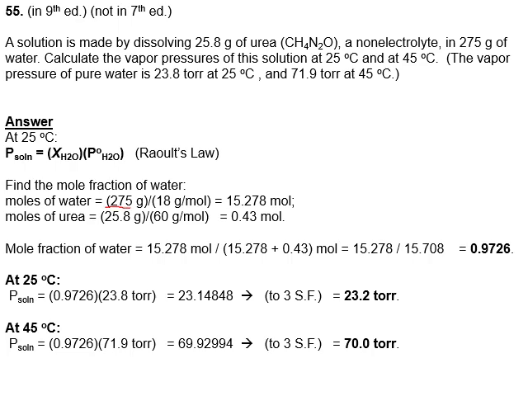So for part A, first of all, we figure out that we have 275 grams of water divided by 18 grams per mole, which is how much 1 mole of water weighs. In other words, it's its molar mass. We get roughly 15.3 moles of water, and when we divide 25 by 60, which is the mass of the urea, we get 0.43 moles. So we add these together and get the total, which is about 15.7 moles, and we divide the number of moles of water by the total number of moles, and we get that the mole fraction of water is